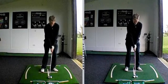So if we take a little look at your wedge play, the key thing here is to appreciate that some of these moves are appropriate depending on the type of shot that we wish to play. However, unfortunately, at the start of the session, we were playing most shots, irrespective of trajectory and requirements, as per the left-hand footage. So if we look initially, we got the ball well back at the centre of the arc. We've got the shaft leaning forward a little bit more than would be the norm,